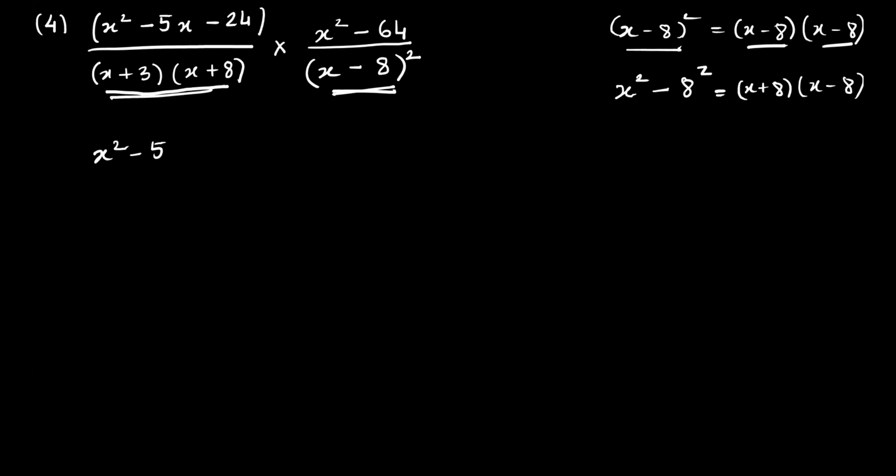X square minus 5x minus 24. And if you realize it is actually from the first exercise that we did. You remember the steps? Okay, what are the steps? So firstly, you gotta multiply the first number and the last number. So that is 1 into 24 is 24. No, we will not multiply x square. That's why I said only number. Not x square. 24.